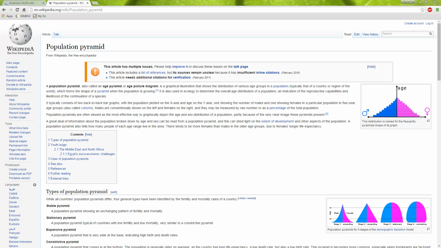Okay, in this video we're going to look at how to make a population pyramid with Excel and US Census data. And you can see here the basics of what a population pyramid is from Wikipedia. It's just a graphic illustration that shows the distribution of various age groups in a population. We're looking in this example by city, but you can do this by any kind of geographic level, state, country,